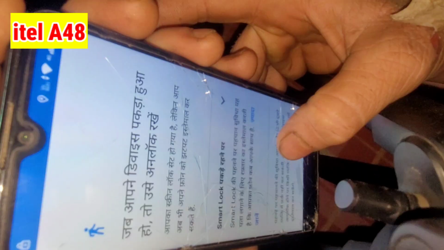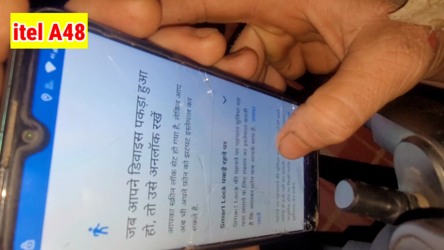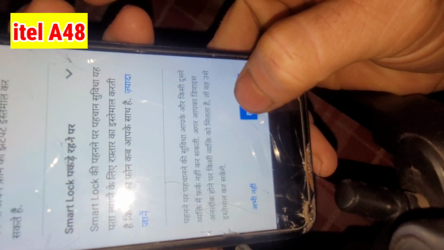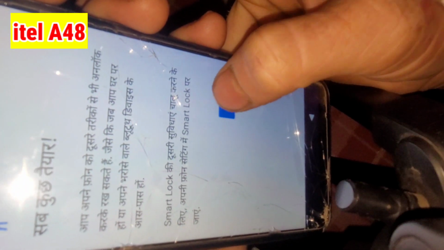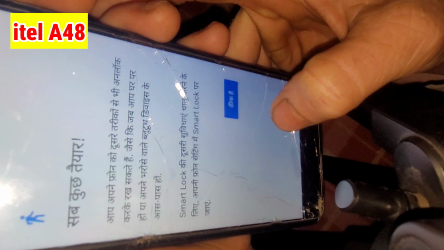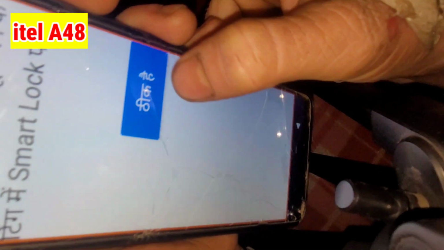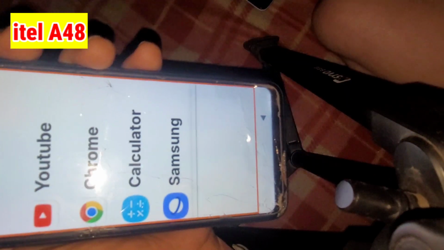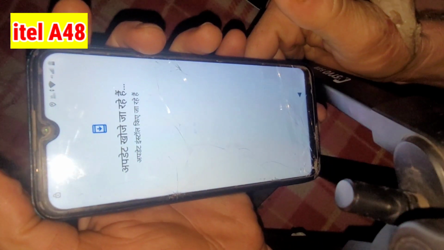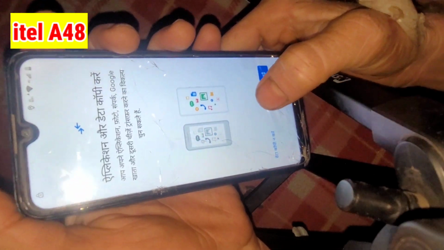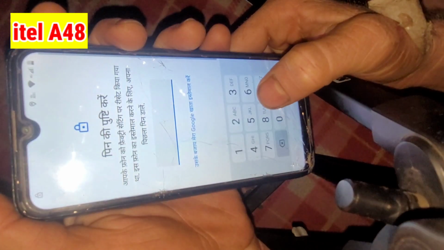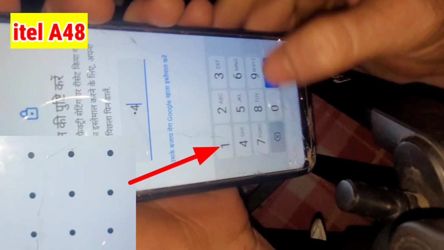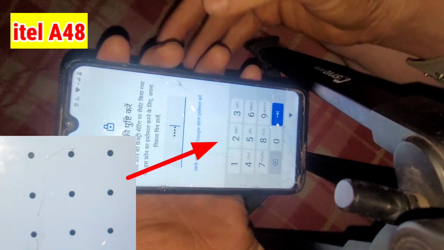Agree to all permissions, and you can read this description and agree. Okay, and go back from here. Don't copy the data, and here you can see it is PIN. There was the pattern and I have changed it to a PIN.